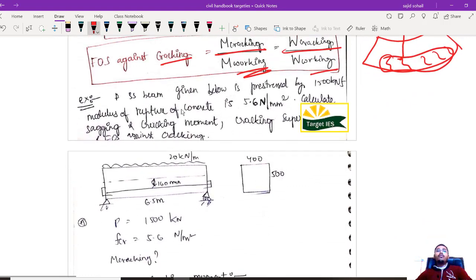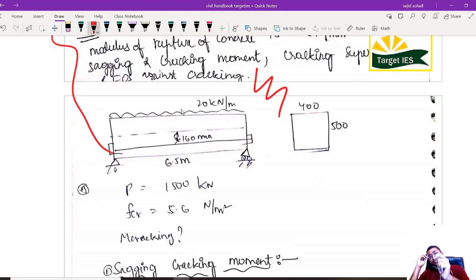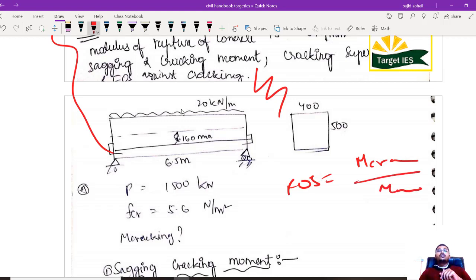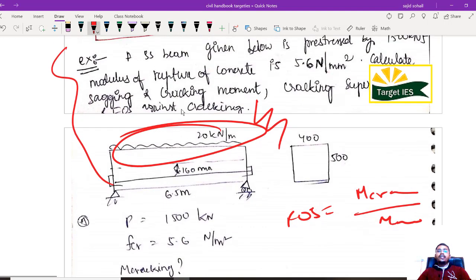So this is a homework I am giving you. This question please practice once in your notebooks. So factor of safety against cracking कितना है? छोटा सा क्वेश्चन है, बस 1 मिनट में आंसर चाहिए मुझे, ठीक है? This is the question which can be asked for ESE pre for 2 marks. So this is very practical question. Just is asking what is FOS, right? So you just have to calculate M cracking divided by M working. So you know what is the load given, right? M working आप पहचान लोगे. So after that M cracking, you know question में ही दे दिया है, it is 5.6 Newton per mm square. So 5.6 divided by M working. Very simple question. You should be doing this in within 30 seconds or maximum 1 minute if you don't have calculator.